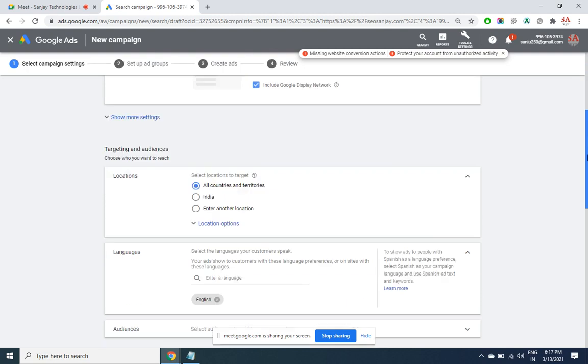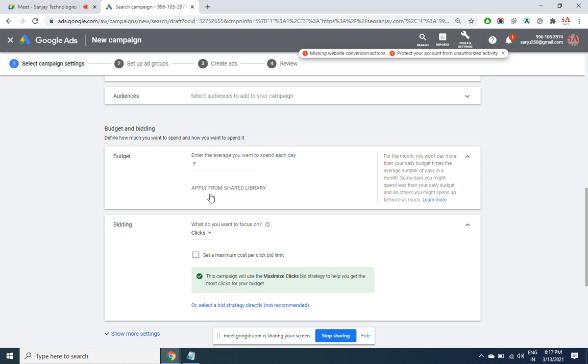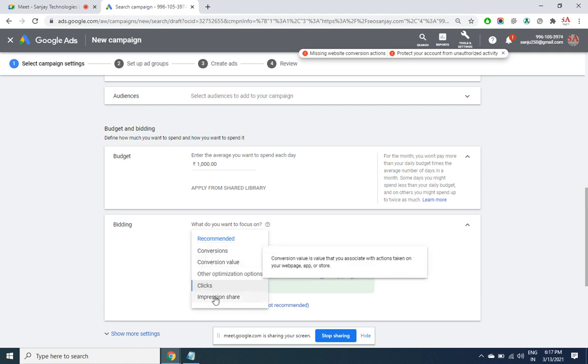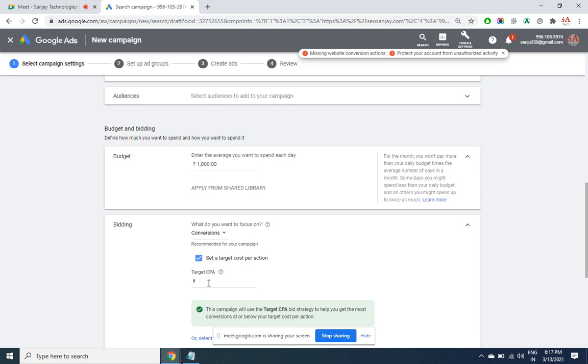So here I have multiple bidding options. Rest everything is the same, but you now have multiple bidding options. Do you want to pay per conversion, conversion value, impression share? All this we have already seen. After that you have defined the conversion.